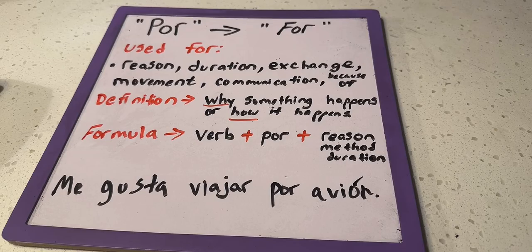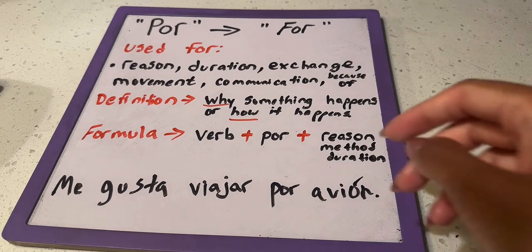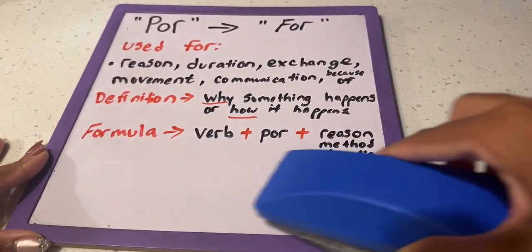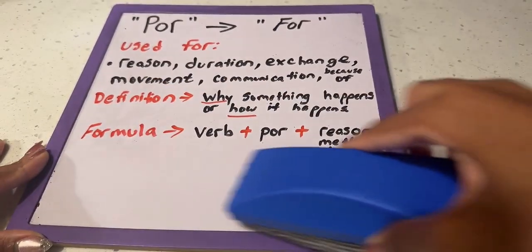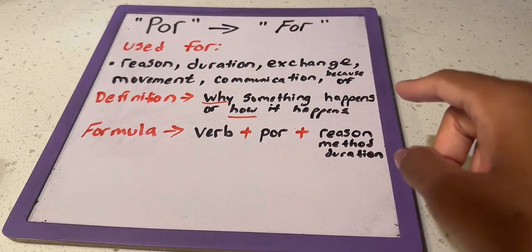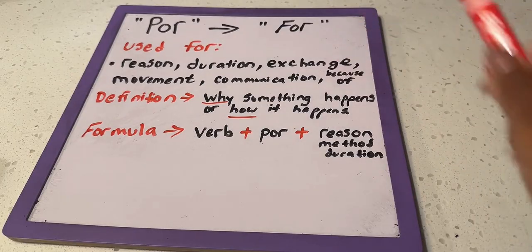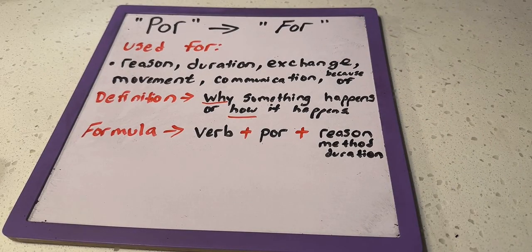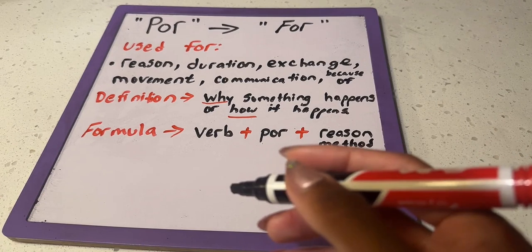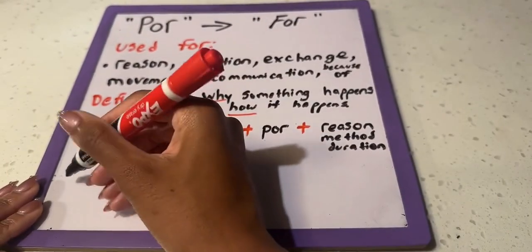So we did movement, we did reason, we did cause, we did duration. Let's see, we can do another one. Which one haven't we done before? Okay, we haven't done exchange yet. Let's do that one next. All right, so in the case of going to the store, this will be super helpful if ever you're traveling in a Spanish-speaking country and you need help talking in stores and talking about money and all that kind of stuff, we can say,